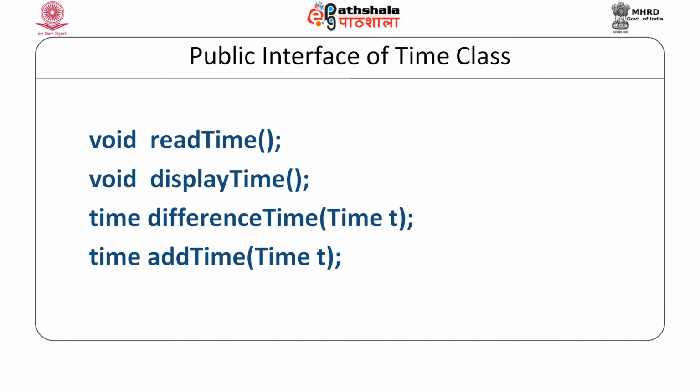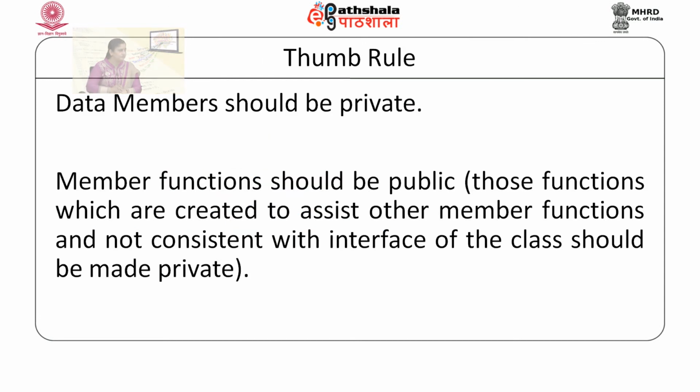In our time class that we have defined, we would see that these functions are the public members of the class. So, they form the public interface, or the interface of the class. These members we can invoke on the objects that we declare in the main function or any other function for that matter, and using those objects we will be able to invoke those functions, and through these functions we will be able to make use of the time class. So, these public members form the interface of our time class.